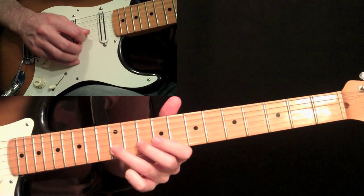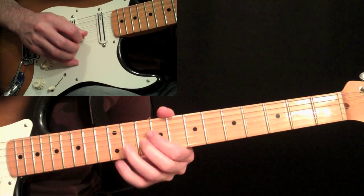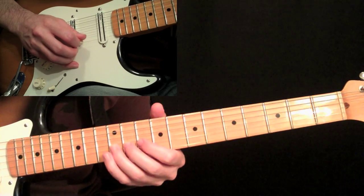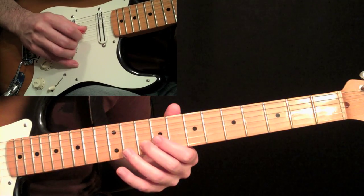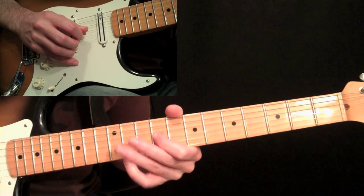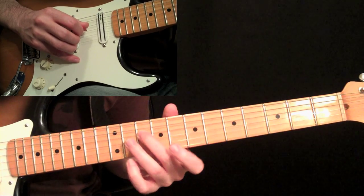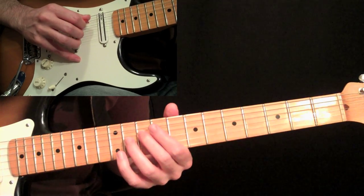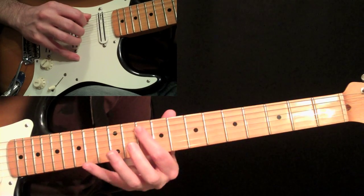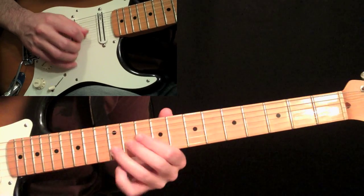Then come over to your 3rd finger at the 12th fret on the 2nd string, 12th fret, 3rd finger, 2nd finger at the 10th fret on the 2nd string, come over to the 3rd string, 9th fret, and then 2nd finger at the 10th fret on the 4th string. Then I shift over my 1st finger to this 10th fret on the 5th string,